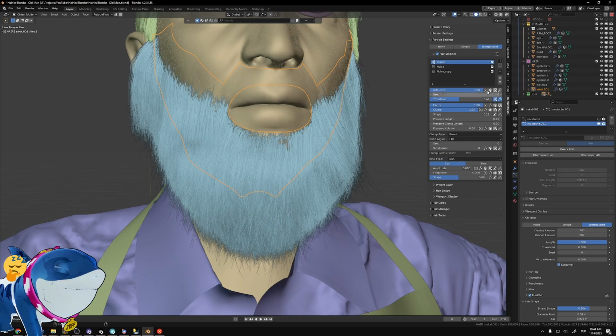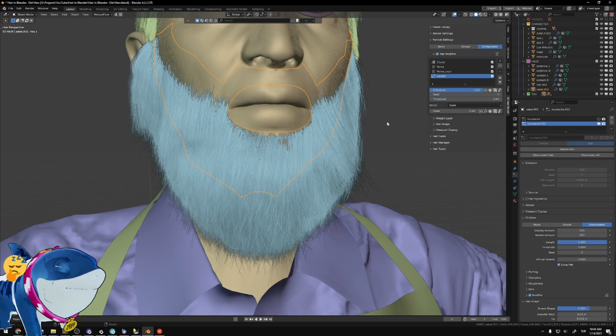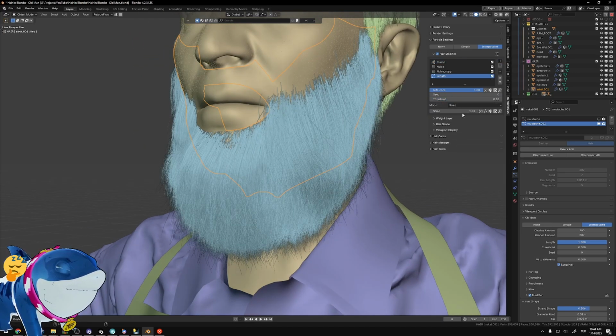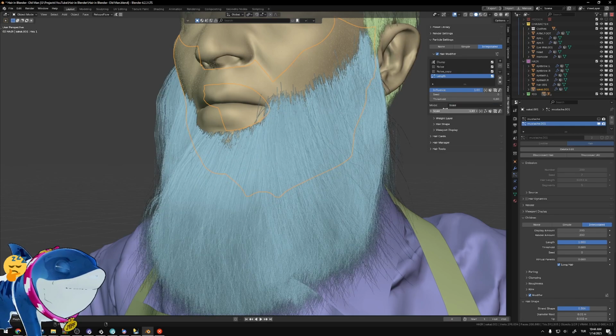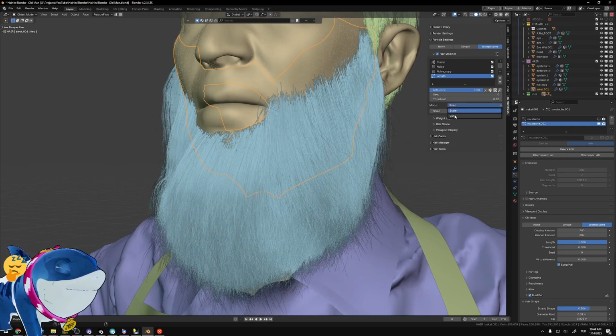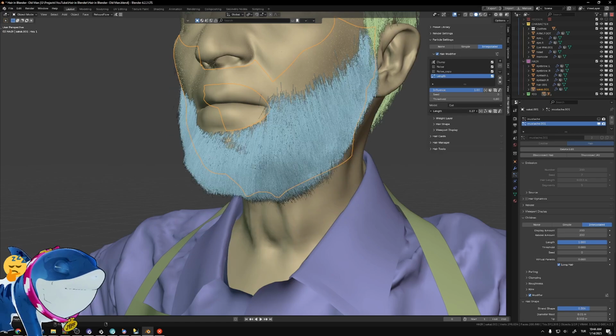And of course, we have length. Not every hair should be the same length, so you go cut or scale. If you go scale, you can make it bigger. Not always a good option. So you get cuts, it cuts like